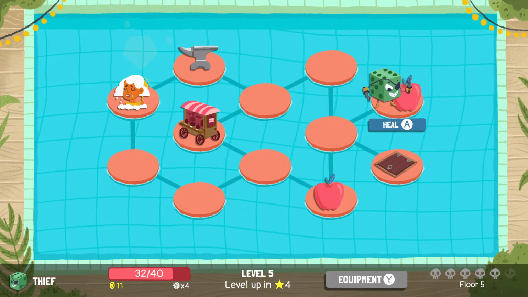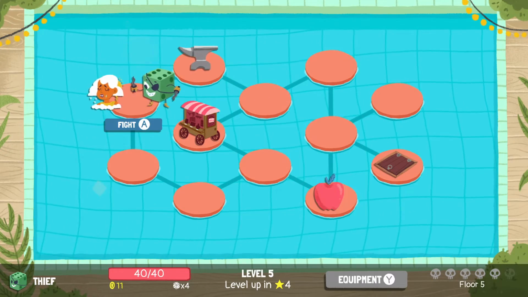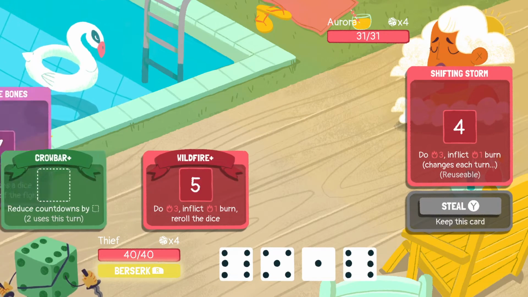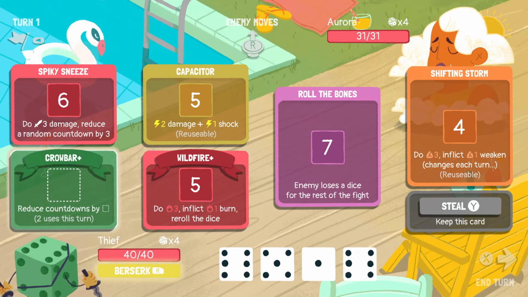We'll go ahead and take some food. I keep thinking I'm gonna accidentally hit the A button and walk over the trapdoor and miss a fight. Eventually I suspect that would happen. I guess at this point I probably also would